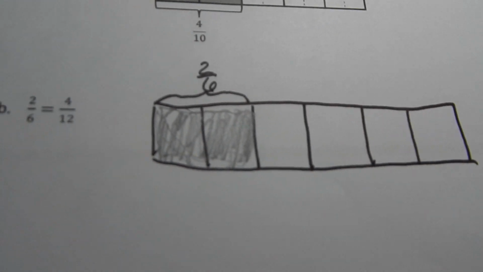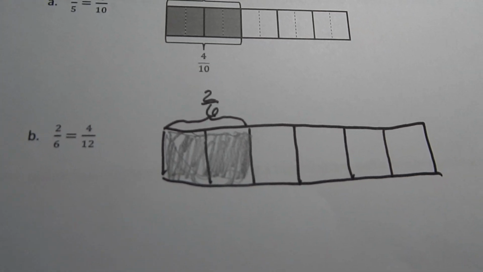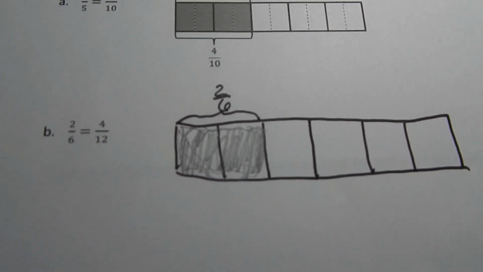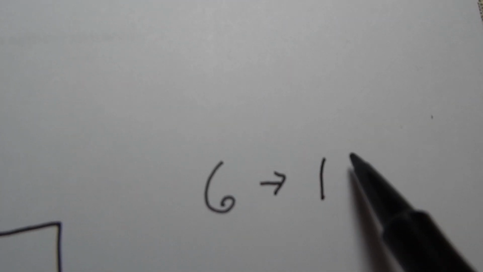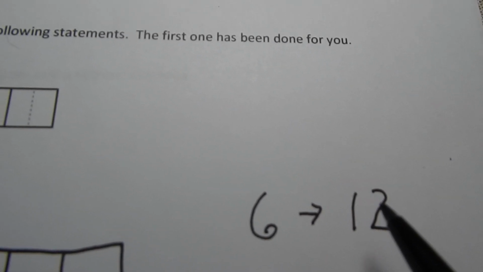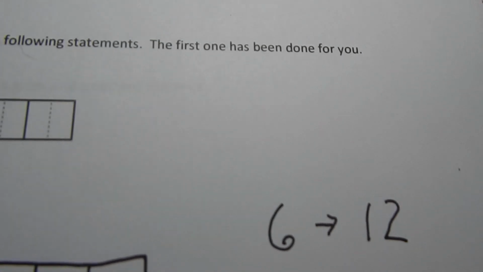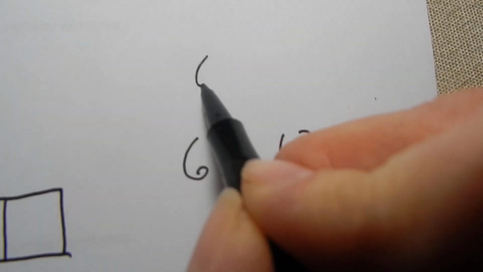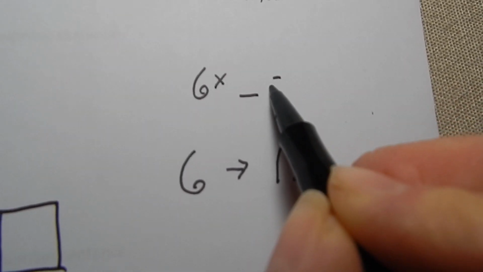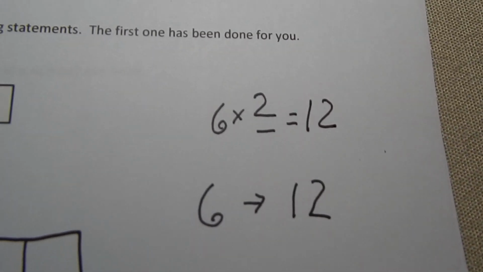I want you just to think for a second, how are you going to do that? How am I going to turn my 6ths into 12ths? And the best way to do that is to think, and I'm going to do this over here, how do I turn 6 into 12? What would I do to make that happen? And the other way you could think about it is if I went from 12 to 6, what would I have to do to make it smaller? How would I divide that? But think about it. 6 times what? 6 times what number is going to give you 12? And most of you should know that it's going to be 2, which means that I